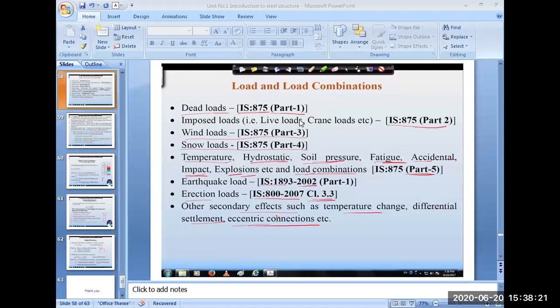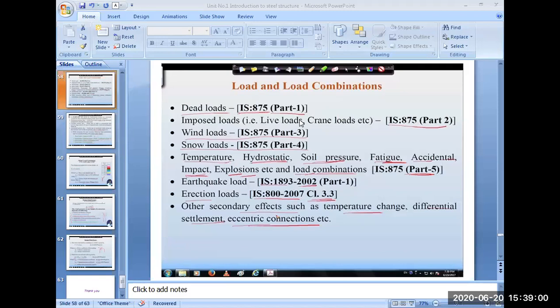We have seen this in detail in the last lecture, so please write this down one by one in your notebook. Write down load and load combinations. Write down all the 6-7 loads: dead load, imposed load, snow load. Many times you have been asked a question in examination: which IS code is used for live load, or which IS code is used for imposed load? The answer is IS 875 part 2.